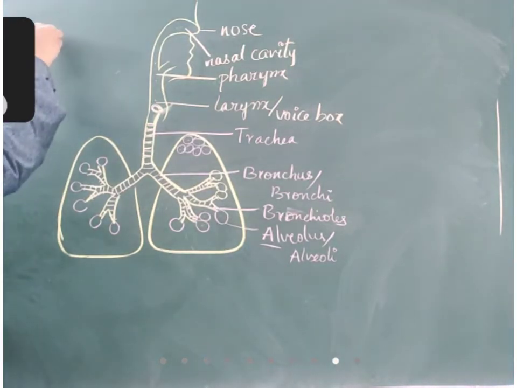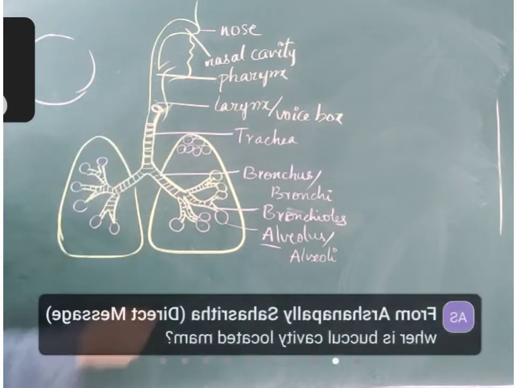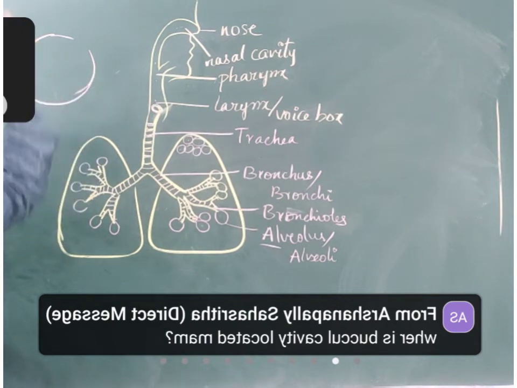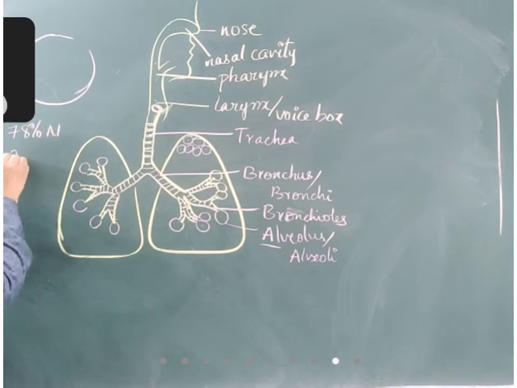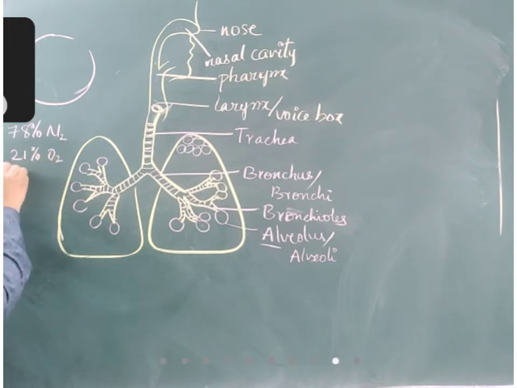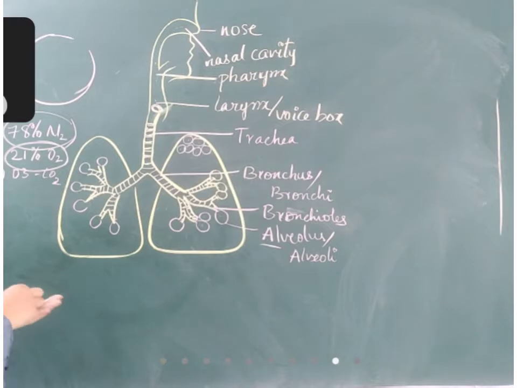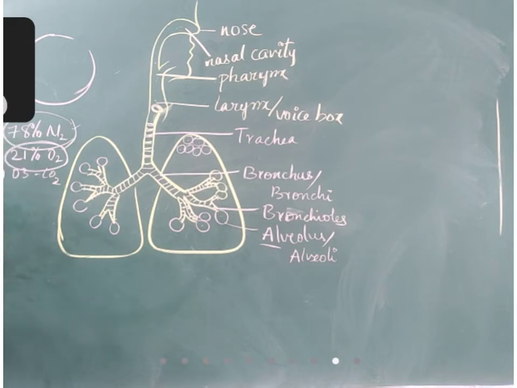See, when air goes inside, there is no filter for oxygen. Only oxygen is absorbed? Why not other gases? You know that air contains 78% nitrogen, only 21% oxygen, 0.03% carbon dioxide, and the remaining other gases. But nitrogen is more, and it's not getting into our body. Why only oxygen? Why carbon dioxide? What is the reason? Only oxygen and carbon dioxide are being exchanged. Why not nitrogen? There should be some reason.